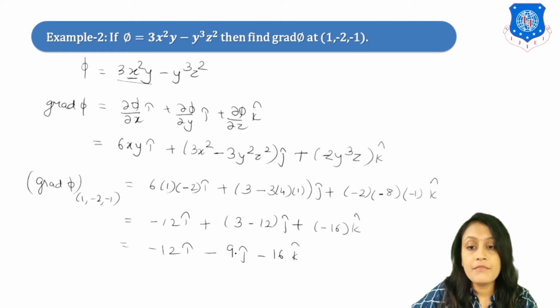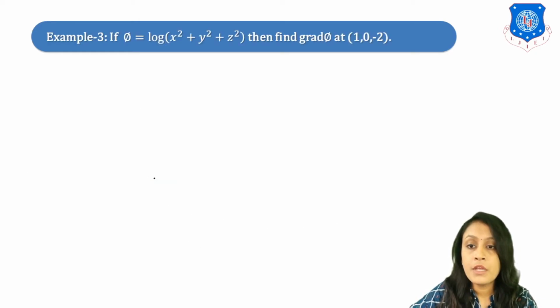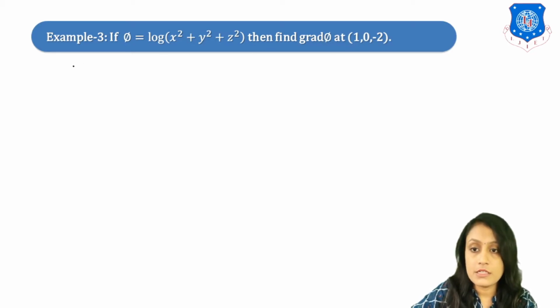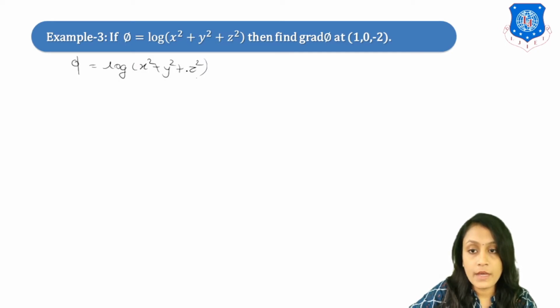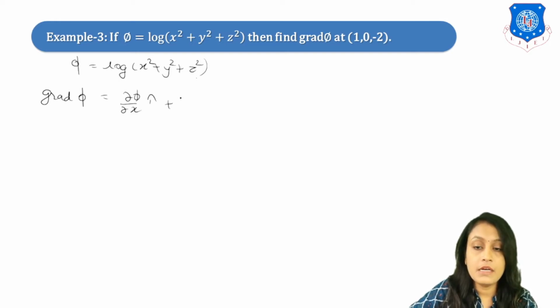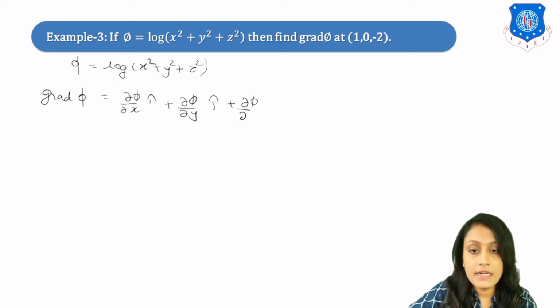So in this way we can find the gradient of a given function. Now, let's solve one more example. If phi is given as log of (x square plus y square plus z square), then we have to find the gradient of phi at (1, 0, -2). So here phi is log of (x square plus y square plus z square). Firstly write down the formula to find grad phi. So it is del phi by del x i plus del phi by del y j plus del phi by del z